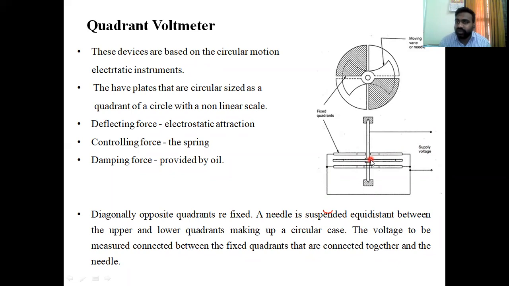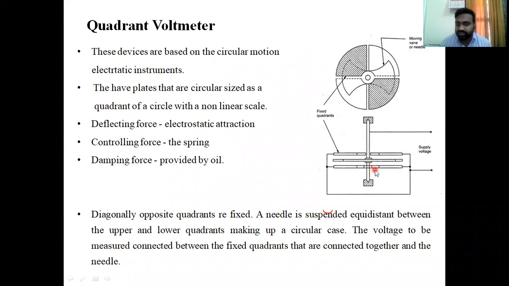What will happen in between two fixed plates? This is one fixed plate and another fixed plate. This fixed plate is ionized with one charge, let us assume positive. The movable plate is ionized with the other charge, let us say negative. And again, this fixed plate is ionized with positive charge. What will happen in between two fixed plates? The movable plate will start rotating, and the spindle will start rotating.